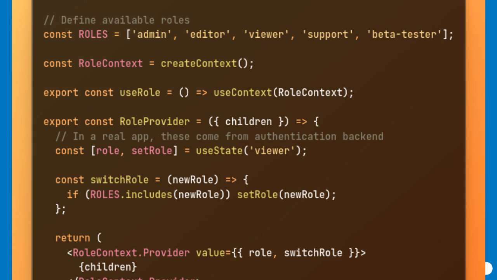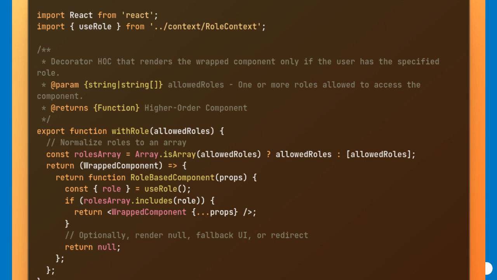authorization throughout the UI. The with role decorator is a higher order component, HOC, that enforces role-based access to any wrapped component. It accepts one or more allowed roles, normalizes them to an array, and checks the current user's role from context. If the user has an allowed role, it renders the wrapped component. Otherwise, it renders nothing. This pattern enables clean, modular authorization logic and can be composed with other decorators for multifaceted